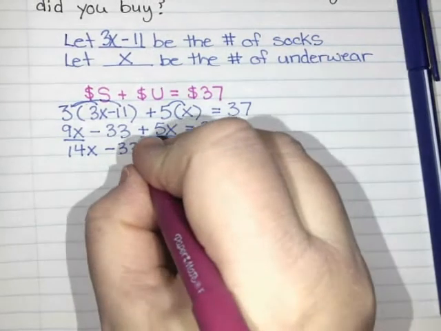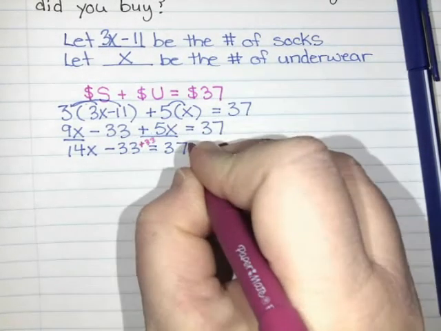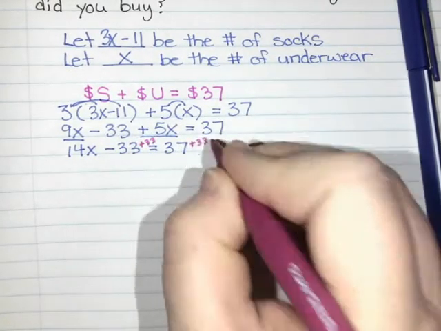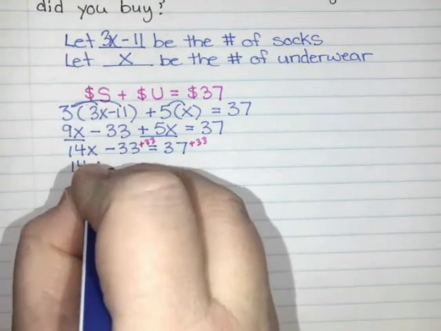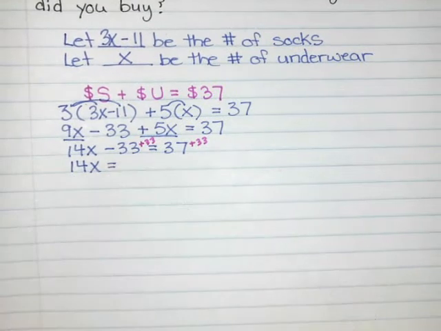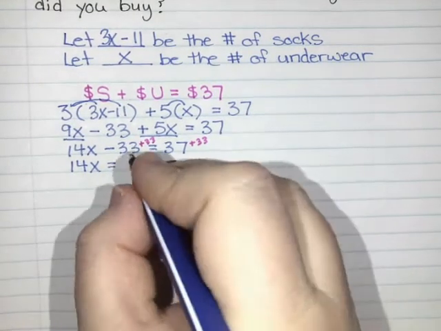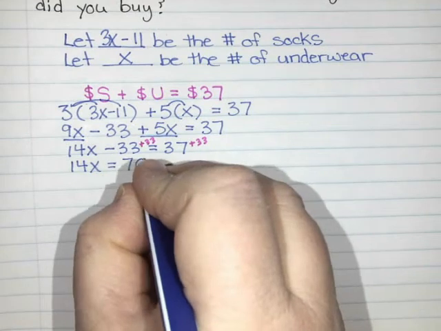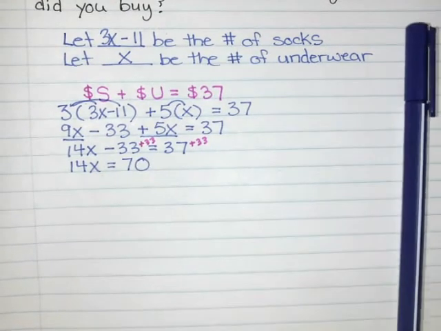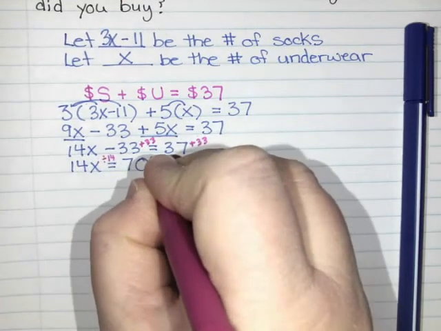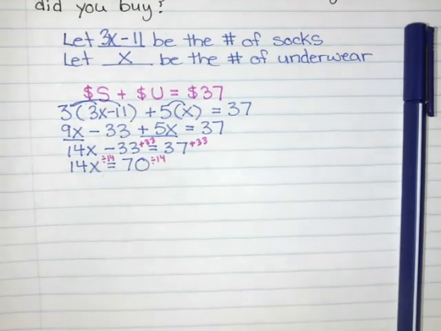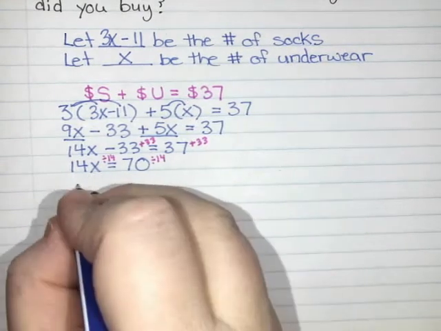So I'm going to add 33 to both sides. So 14x equals 37 plus 33, which is 70. And then I am going to divide both sides by 14. 70 divided by 14